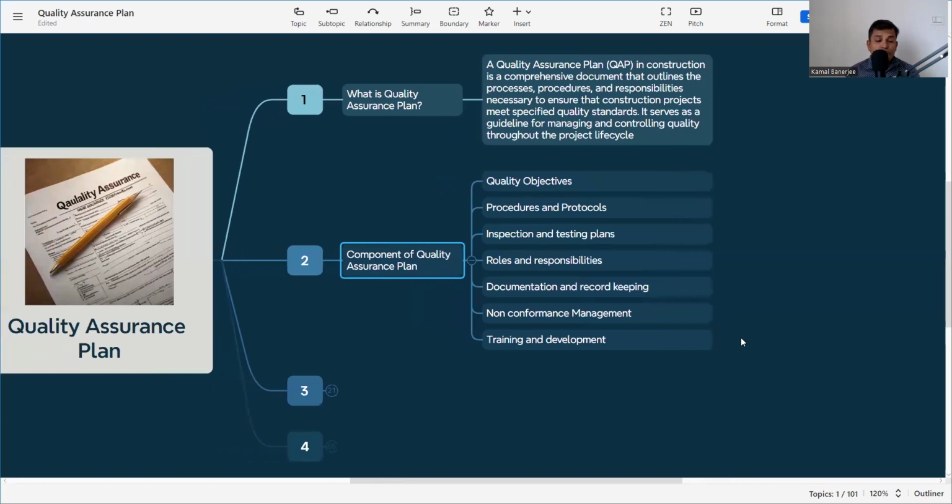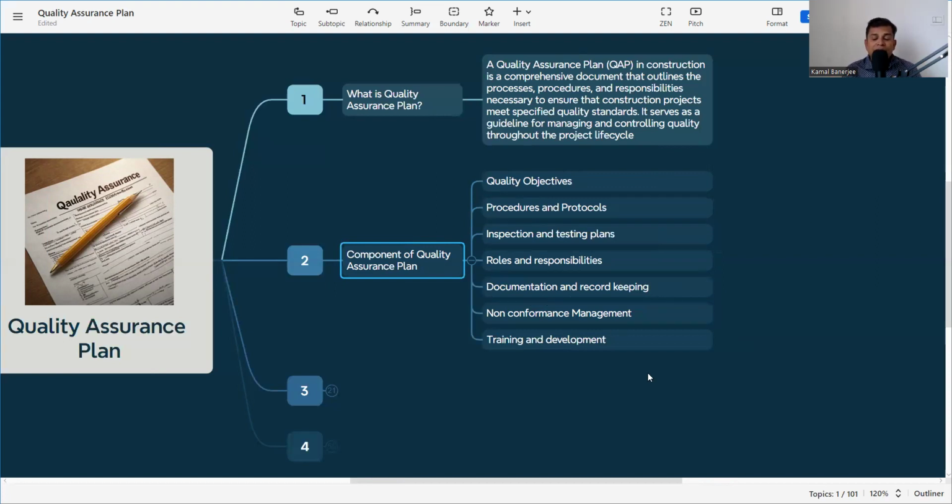Then there will be a subcontractor, a supplier, a project manager, a project engineer, a site engineer, a quality engineer, then MEP people. So all our people are there. What are the roles and responsibilities of each and every individual? You need to outline that. If it is not outlined, that means we are not well aware of the roles and responsibilities, and if we are not well aware, we cannot perform properly. So roles and responsibilities are also a component of a quality assurance plan.